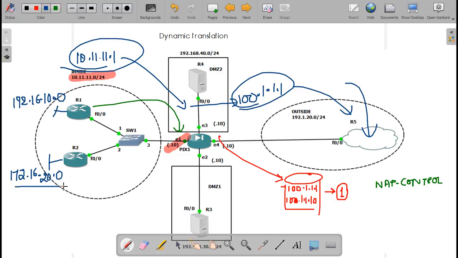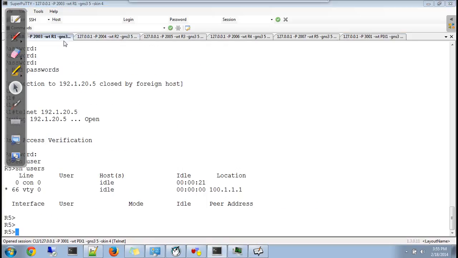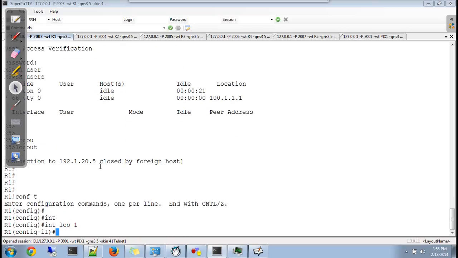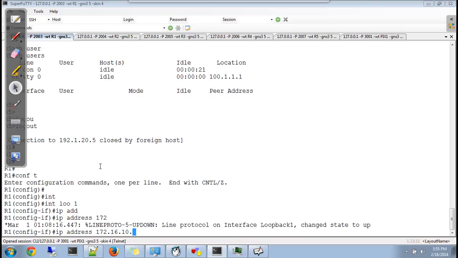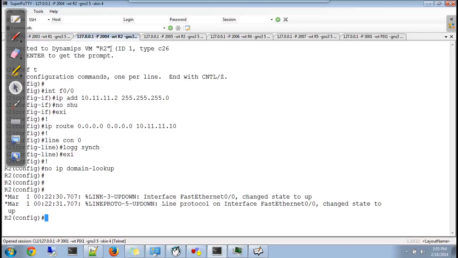So what I'll do is I'll just quickly go and create this. I'll go to R1. Let me log out. Config T. I'll create interface loopback 1 with an IP address of 172.16.10.1 exit, and I'll create a loopback on R2 as well.